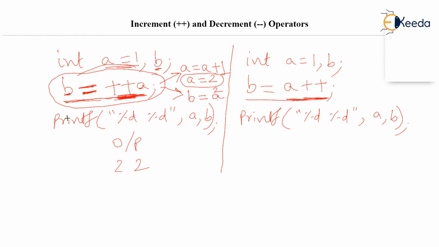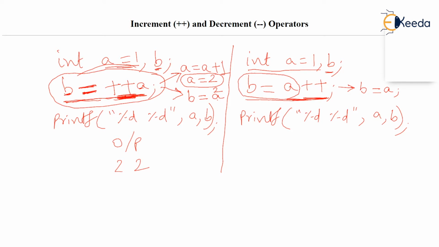Now let's get back to this code. We have A equal to 1 and B. How do you read this line? For us, this line is a single line again. Anybody would say this is a single statement. But internally for C language, this is two lines. It will first make B equal to A. You can imagine that B becomes equal to A first. This part is solved first.